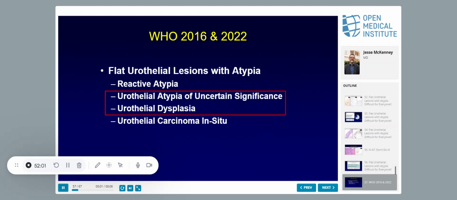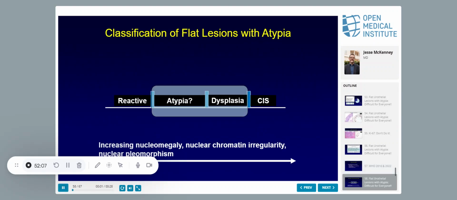Okay, now I promised I would tell you the in-betweeners. In the WHO, classically, they've always had benign reactive. So again, just to reiterate, the most important thing is to get comfortable with this threshold for reactive, and this threshold for CIS. Anything in between, you're wasting your time and your energy. So there was atypia of uncertain significance and dysplasia. The way I do it